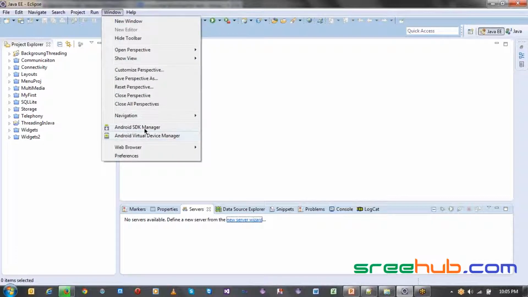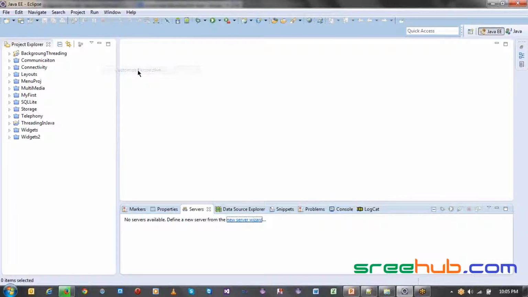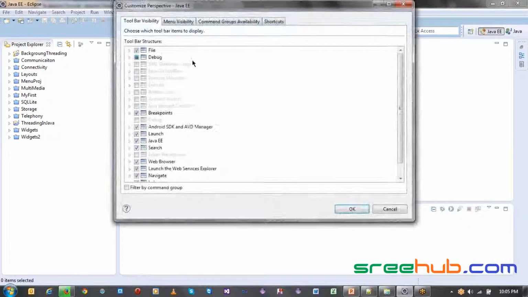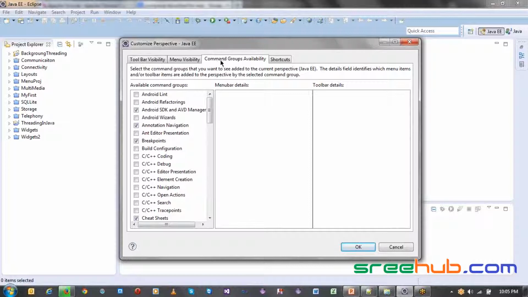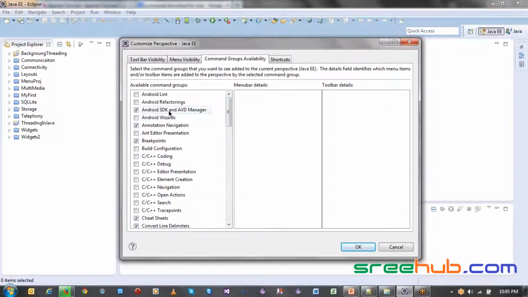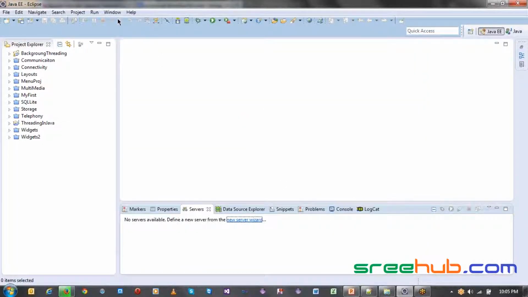Yes, yes. Okay, you can do one thing. If you don't see this, you can go to customize perspective, right? In window, you have something called customize perspective. You can go to command group availability, and maybe your Android SDK and AVD manager is not checked. Just check it, and those things will show up.